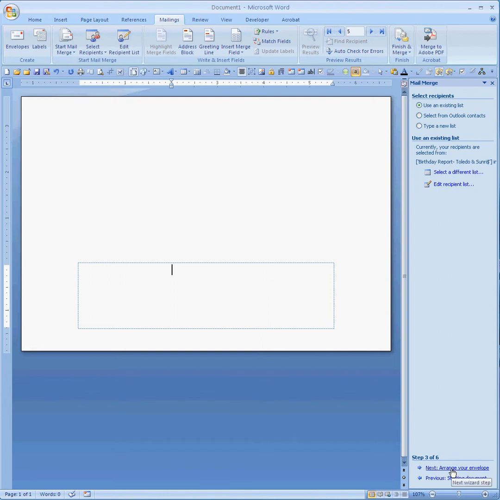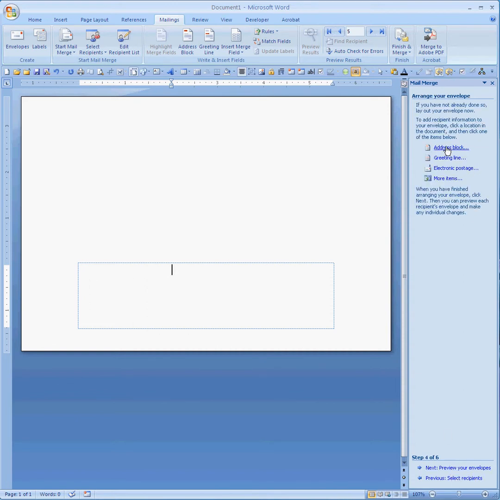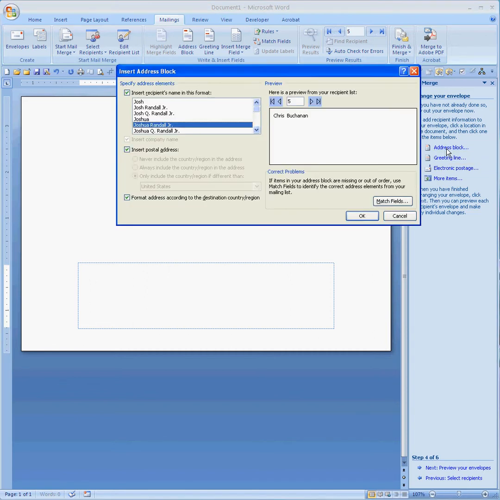Next step is to arrange the envelope. So I'll click on step 3, Arrange your envelope. And I need an address block for the envelope, so I'll click on that. Now this is the way the envelope will appear at this point. I need additional fields. I'll need the street address and the city, state, and zip. So the program can't decipher which fields in the Excel file I want to use, so I'll have to help that. So I'll click on Match Fields,